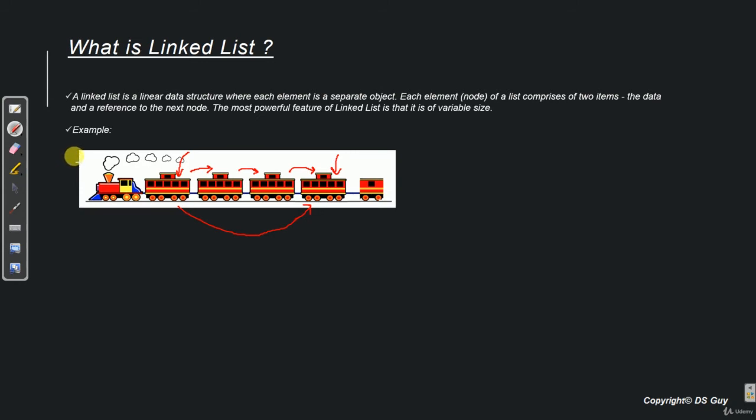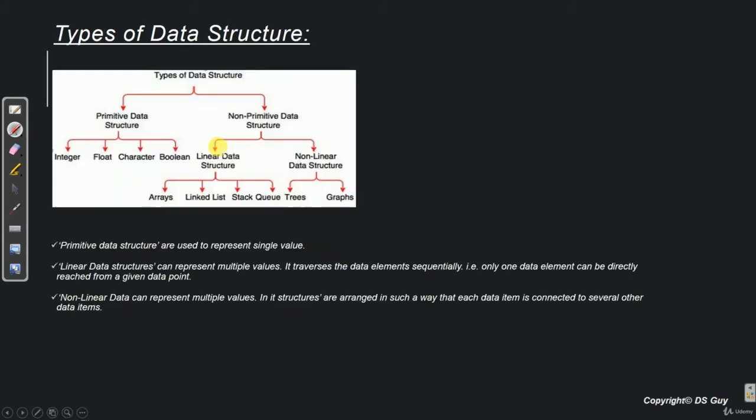So these were the 6 common observations from this picture. Now let's see how we can compare this train with a linked list. If we come back to the definition, it says a linked list is a linear data structure. If we recall from the introduction video, a linear data structure is characterized by traversing data elements sequentially. That means only one data element can be directly reached from a given data point.